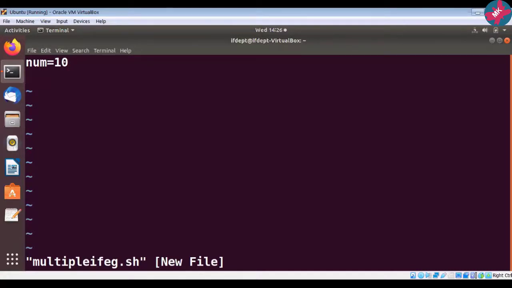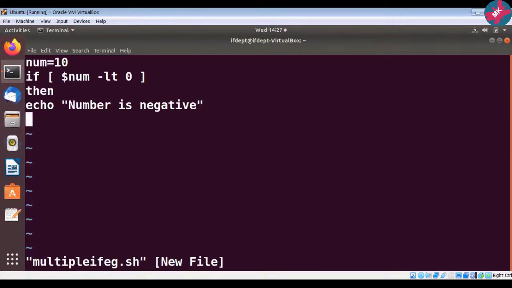Then I will write if, space, square bracket, space, dollar num, then space, dash lt, space 0, space, square bracket, then echo number is negative. Then what is my second condition?